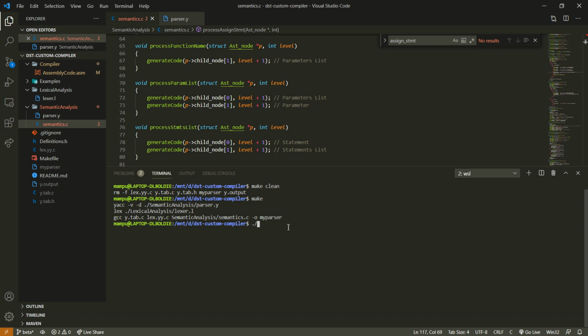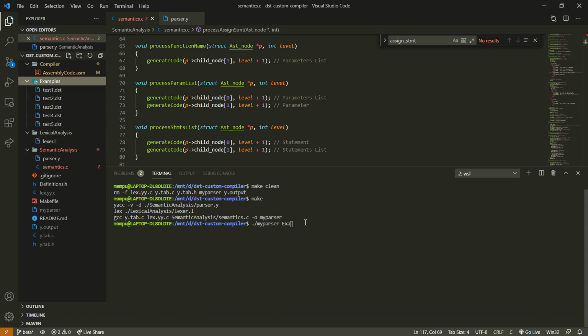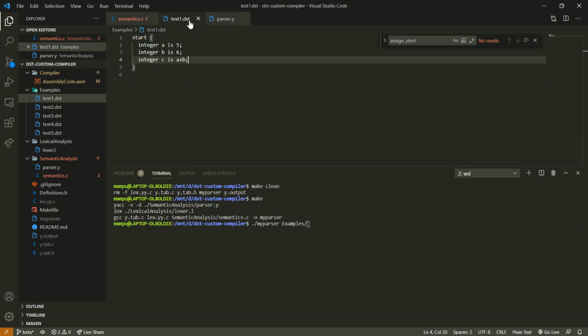Now I will run this my parser, and all our example test cases have been put into the examples folder. Now let us see what is test1.dst. So as per our language, we have assigned integer a is 5, integer b is 6, integer c is a plus b.